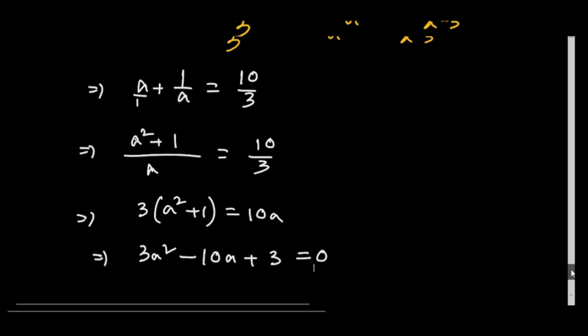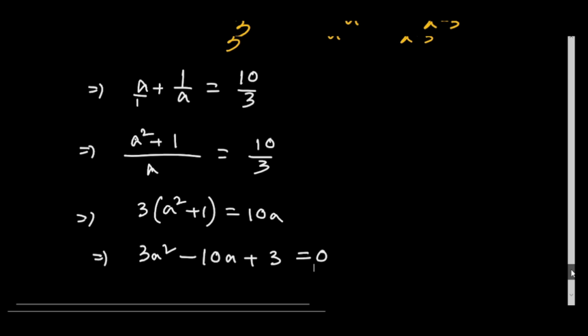So from the first two terms I can see we can take a common, right? So if I take a common, it will become 3a minus 1. From the next two terms, if I take 3 common, it will become 3a minus 1. So that means it will become (a minus 3)(3a minus 1) equals 0. So from here, again, we are going to get two values of a. If I take the first part, that means a minus 3 equals 0.